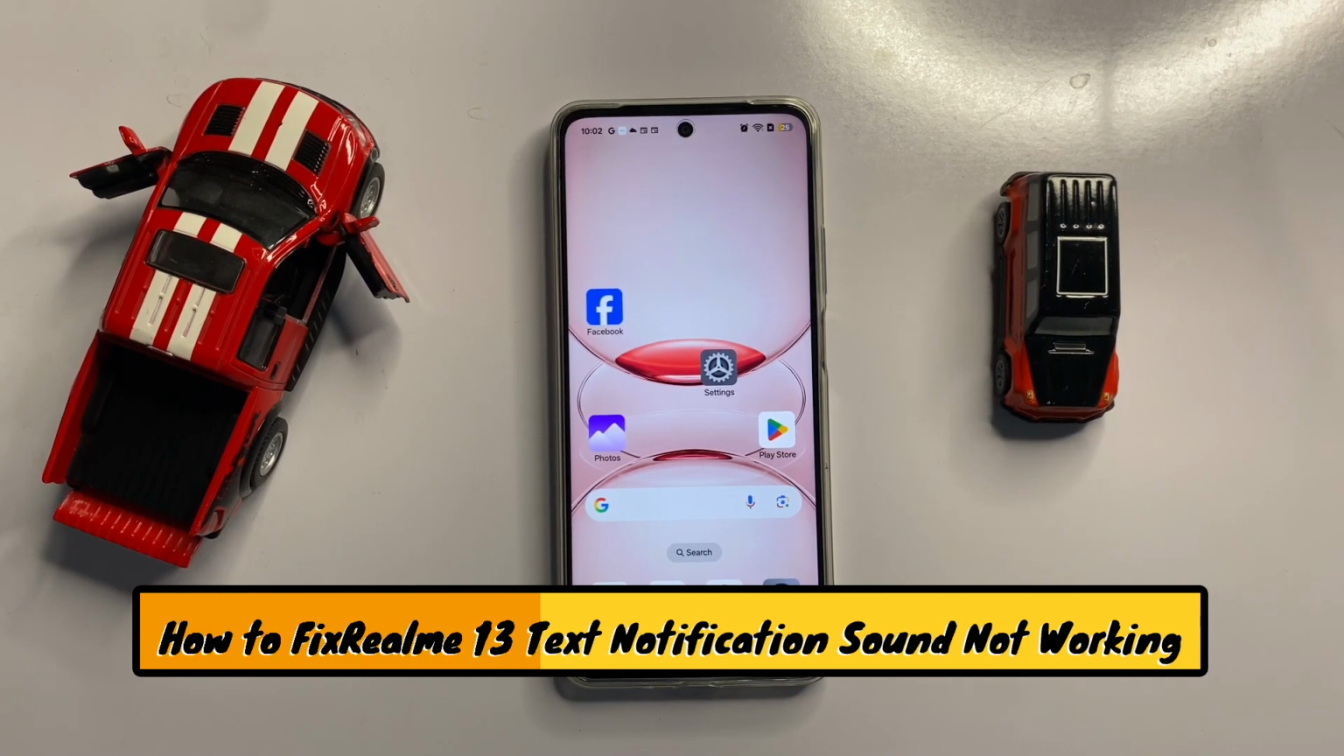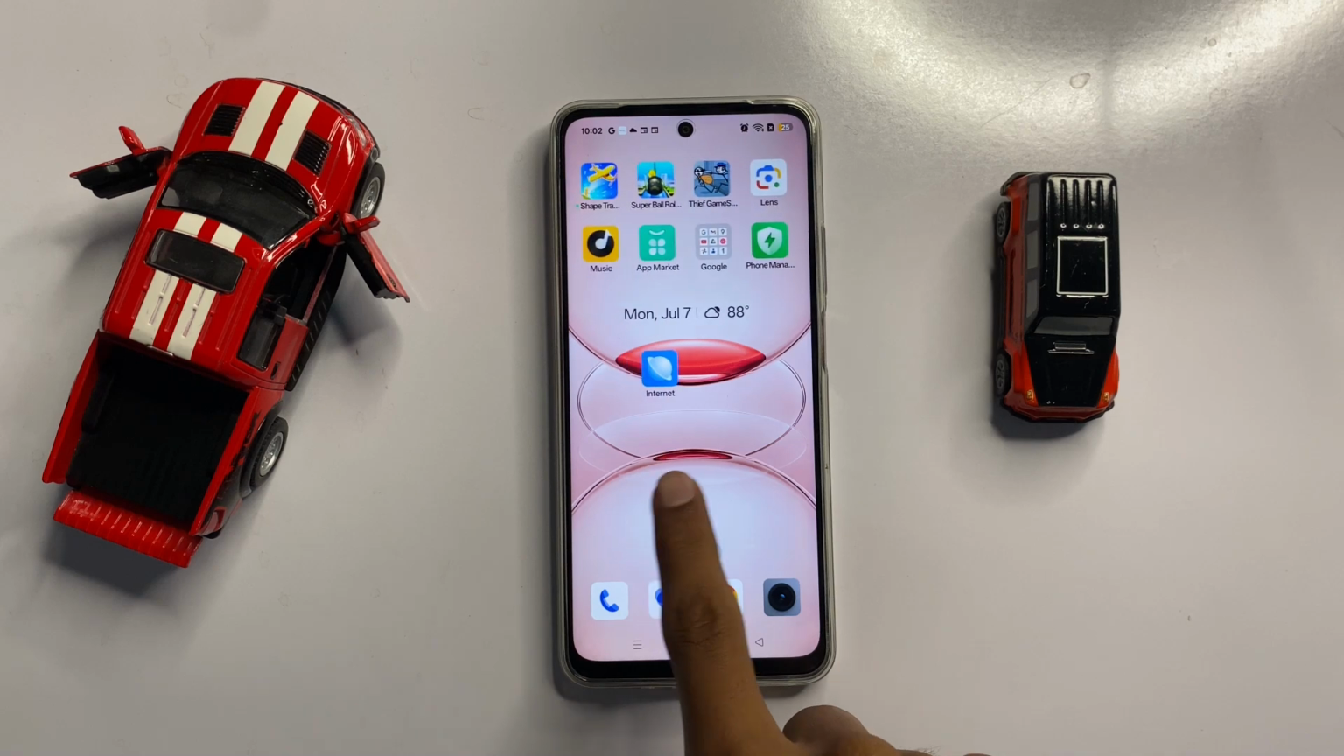How to fix text notification sound not working in Realme 13. So let's start the video. First of all,